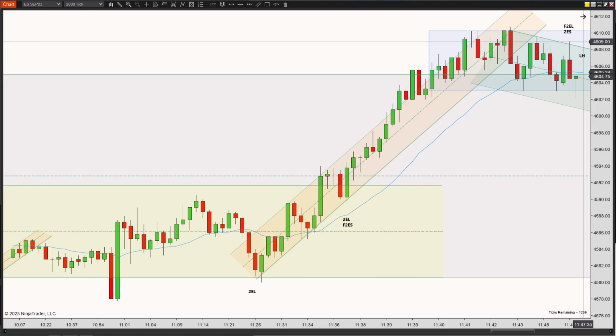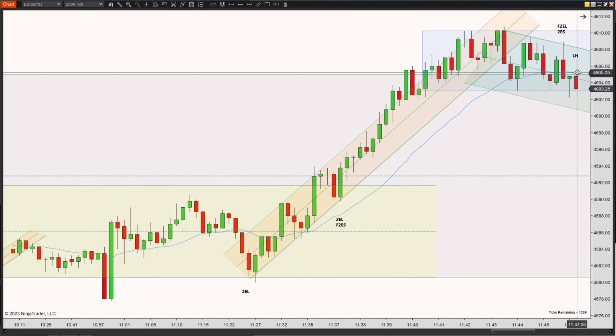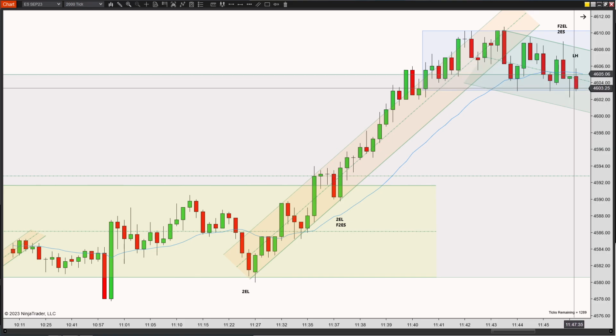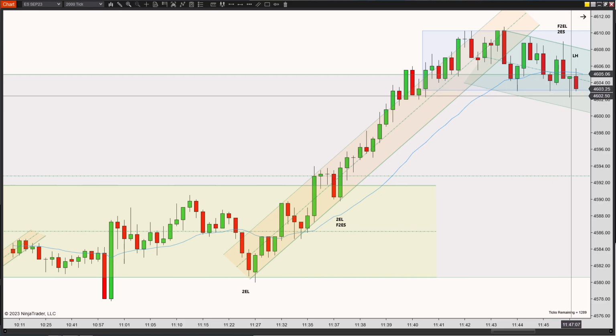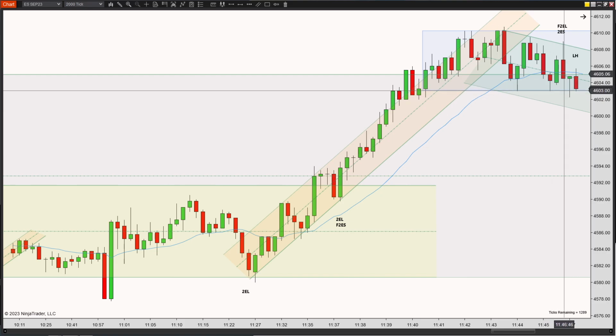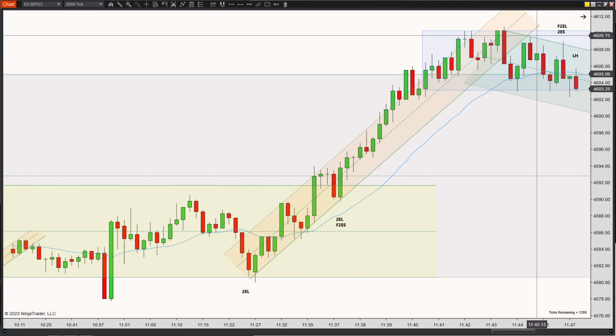I'm going to wait for a lower high confirmation. Get a lower high confirmation right here, but it also closed right along the support. That made me pause. If only this lower high actually broke lower than these two supports, ideally below this guy, then you would be more confident that prices are actually trying to sell off now. But since it closed right at this point, it's hard for me to take this trade to go short, even though it's confirmed right here, just because it could potentially bounce off of here and I could just be in